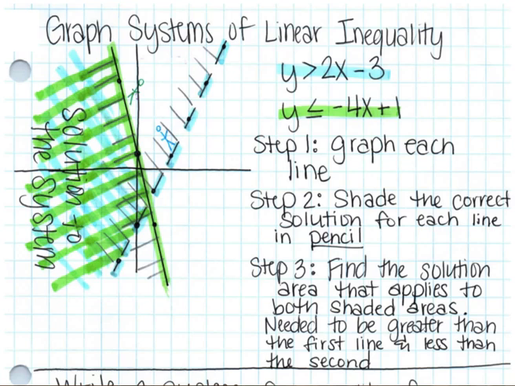In a system of linear inequalities, notice you have two equations. Both of the equations are inequalities because they're not just equal signs. So on this, you will see that we have y is greater than 2x minus 3, where the negative 3 is the y-intercept. Sorry, that's a really bold pen. But the negative 3 is the y-intercept,